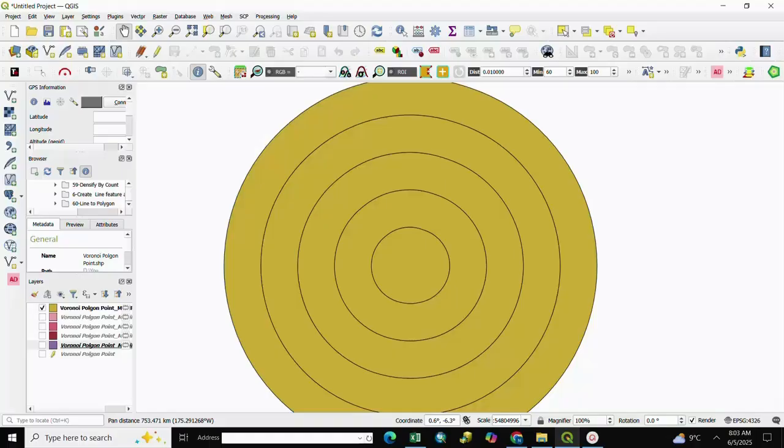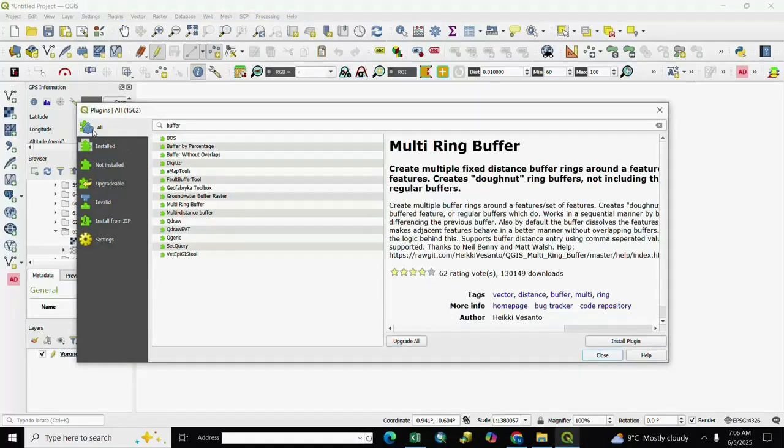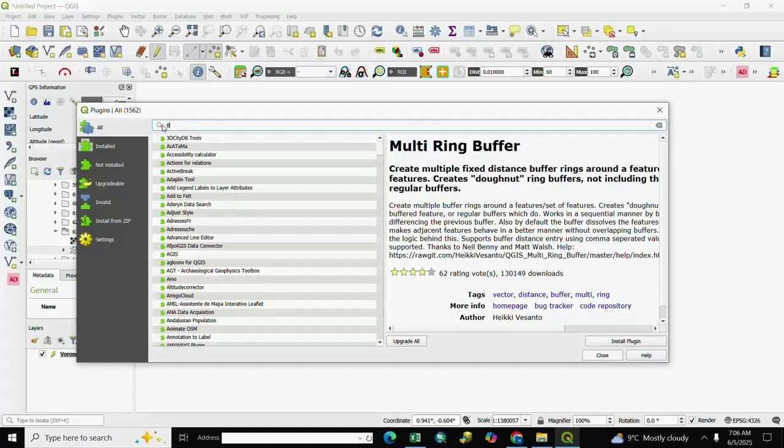So let's start. For multiple buffer, we go to plugin. First we install plugin, buffer plugin. For plugin, go to manage and install plugin. After it, we select here all and we search here buffer.